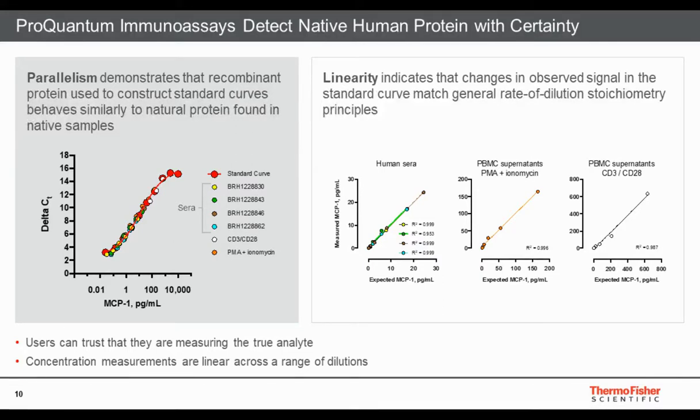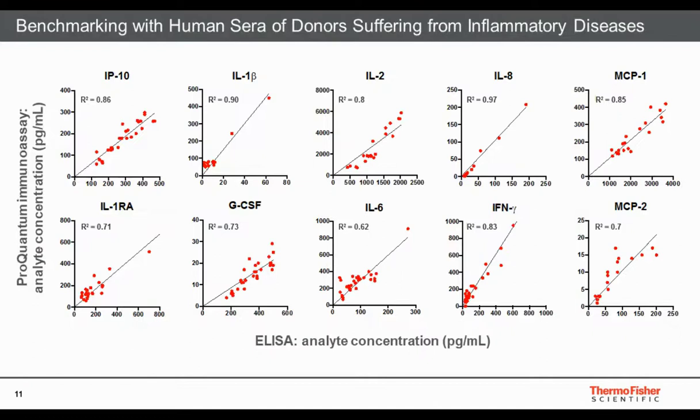We have, of course, performed the typical industrial standard validation tests, including parallelism, linearity, and spike recovery. And of course, the criteria and specifications which need to be fulfilled are the same as for all our other high-end immunoassay formats. We have also benchmarked the platform against ELISA. As mentioned previously, we try to use the same antibodies through all the different platforms. We have done this benchmarking using natural samples to show that the ProQuantum assays